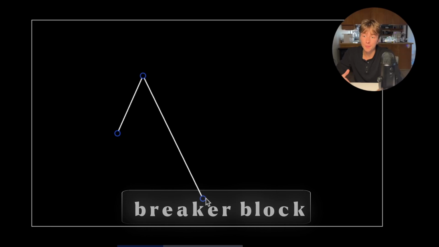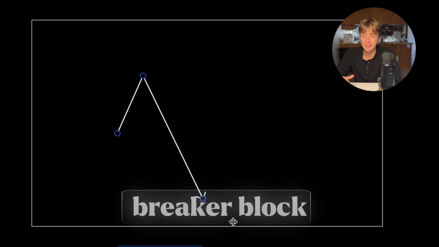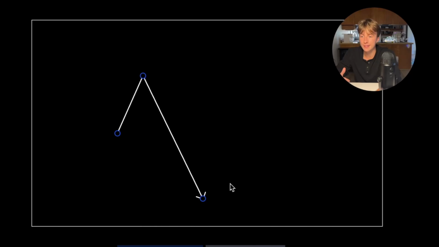Now, the last concept is definitely going to be one of the easiest. It's on par with the fair value gap because it's really just a pattern, and it's a pattern that is very familiar, and many traders that don't even study ICT are aware of this pattern. It's essentially a higher high, lower low, or a lower low, higher high. And this revolves around liquidity and fair value gaps. At least for an ICT trader, this will revolve around fair value gaps.